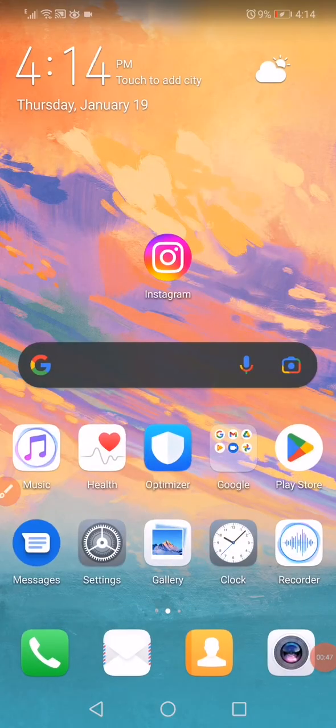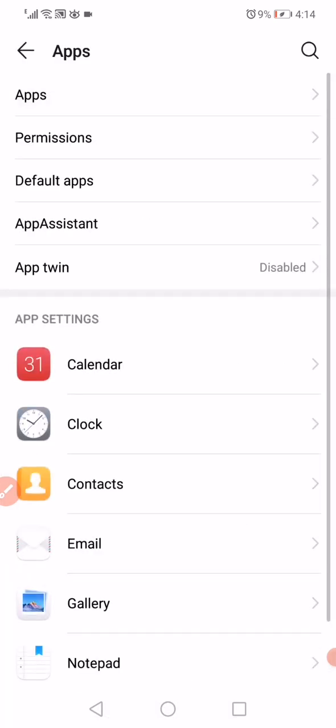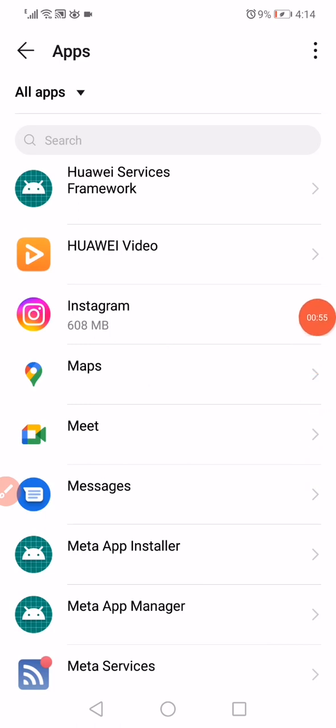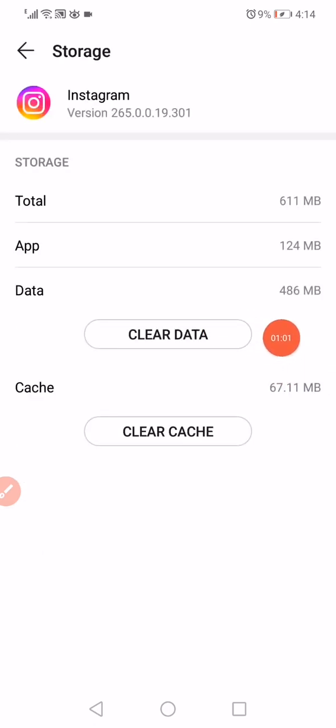And after you finish this, go to the settings on your phone and then open the apps manager. On this page you will find all the apps that you have on your phone. Go to Instagram, click on this force stop option, and then go to the storage, click on clear data and